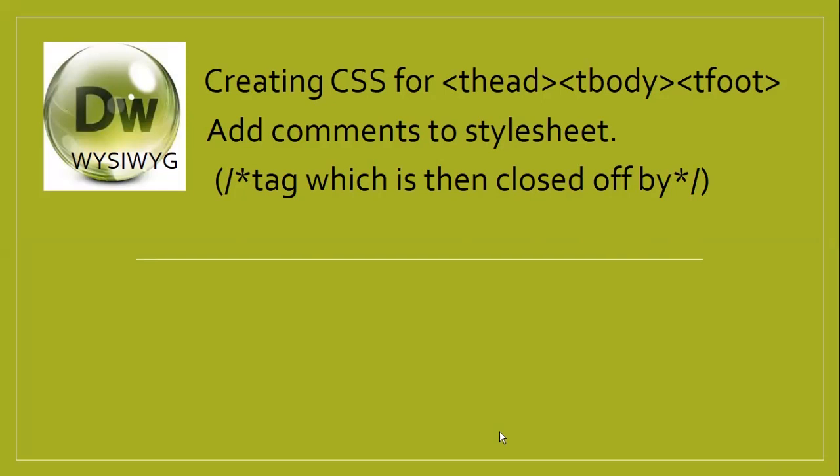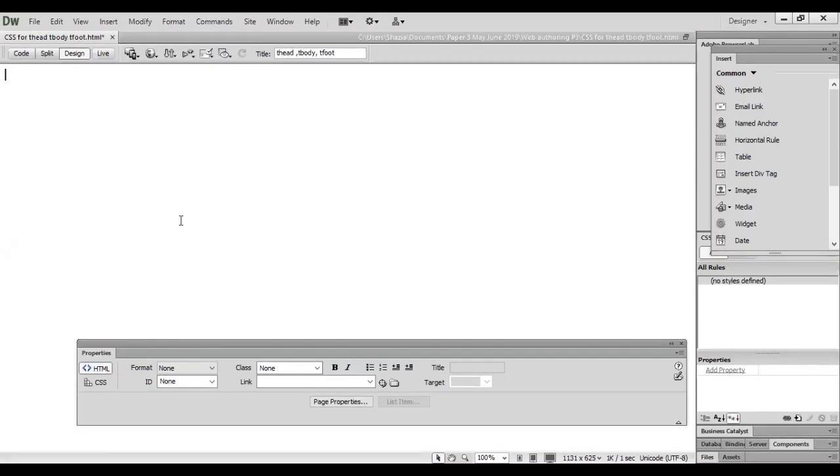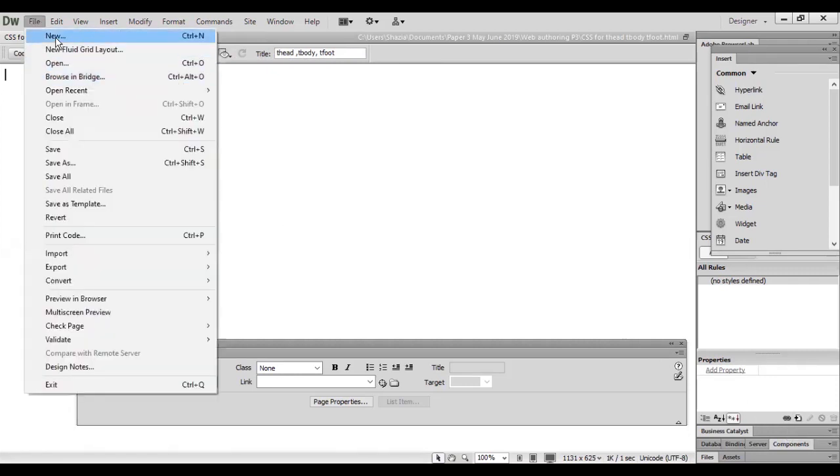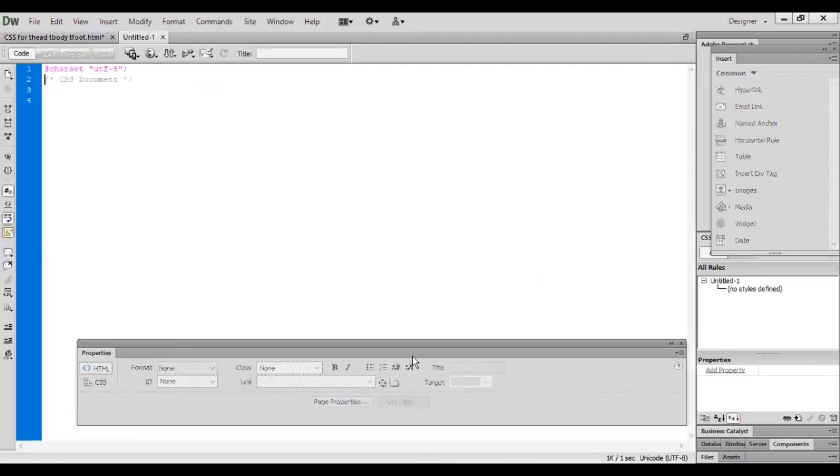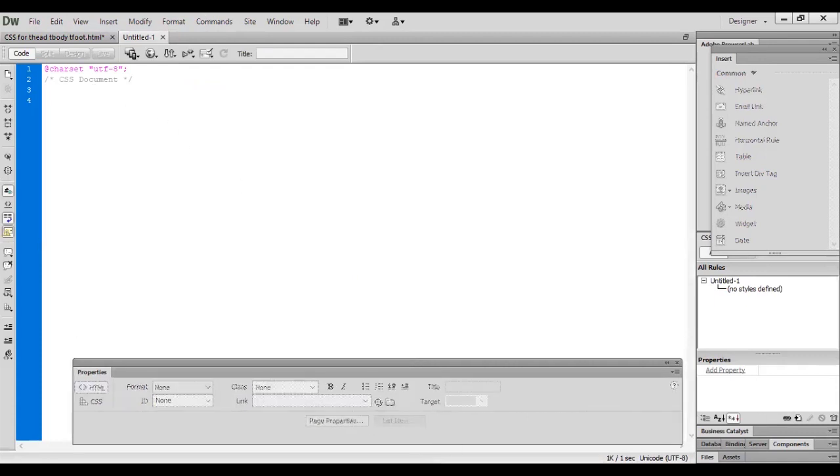Continue with the CSS file. Open a text editor, which I use for designing a web page: Dreamweaver, what you see is what you get. I have created this HTML file in it. Let's continue with a new CSS file, because I'm going to define three tags for T head, T body and T foot. As I click on this, this is a sheet where I can design some new tags for T head, T foot and T body.